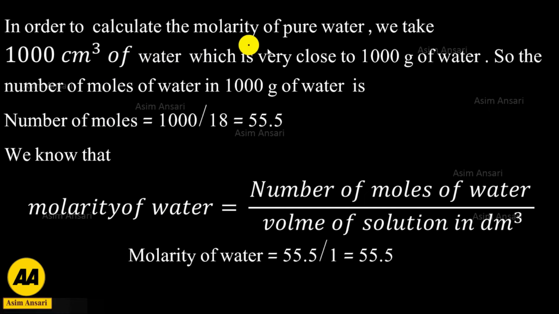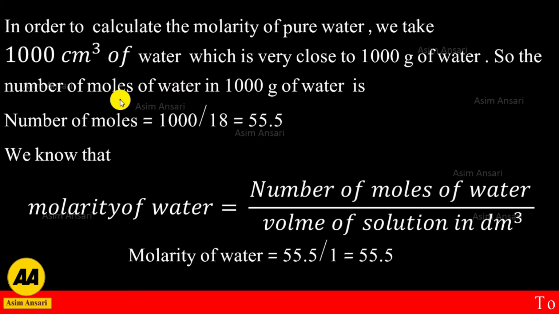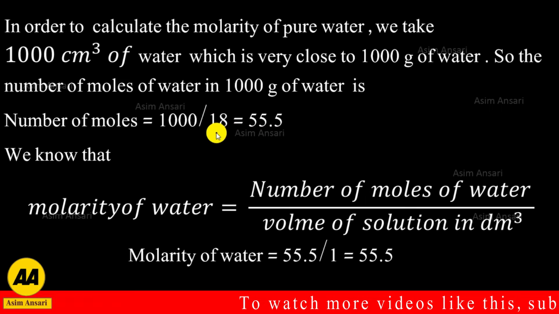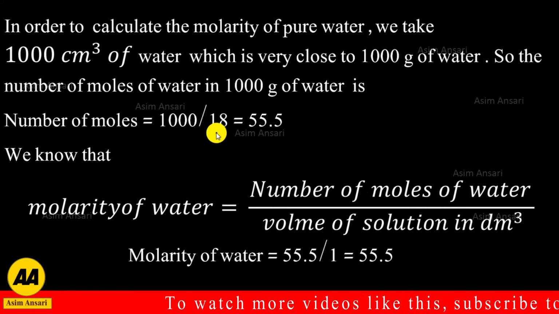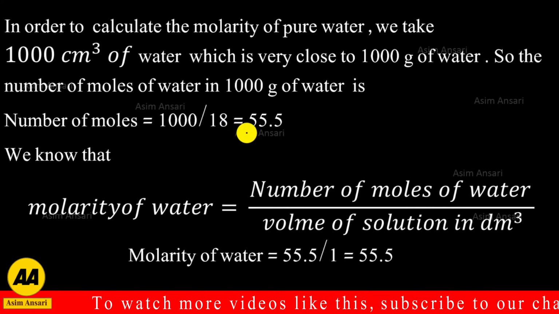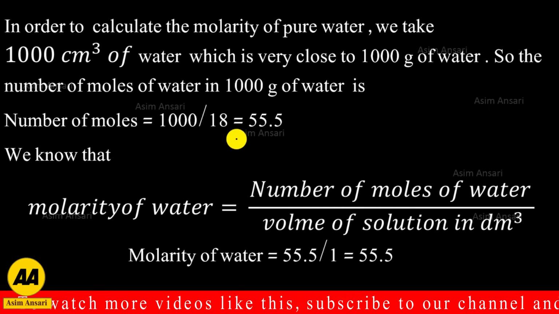In order to calculate the molarity of pure water we take 1000 cubic centimeter of water, which is very close to 1000 gram of water. So the number of moles of water in 1000 gram of water is number of moles equal to 1000 over 18. Here 18 is the molecular mass or molar mass of water. The number of moles of water is equal to